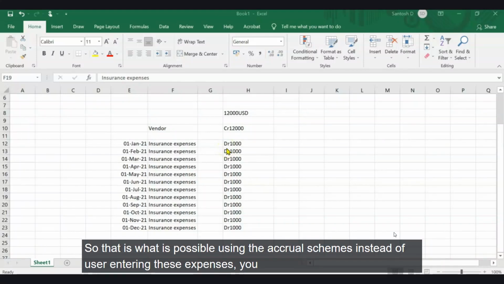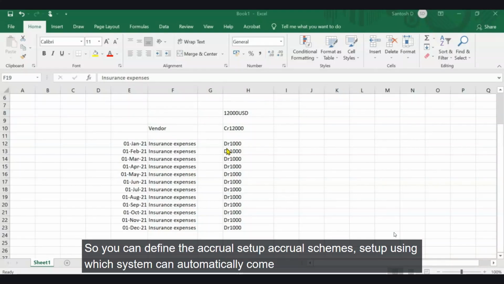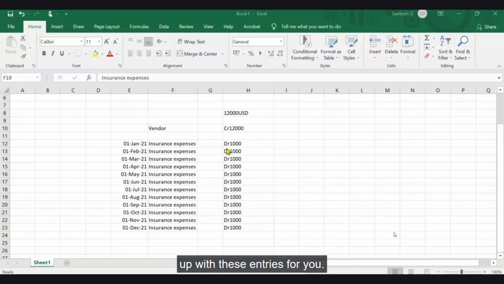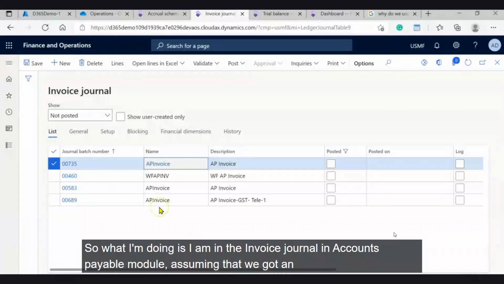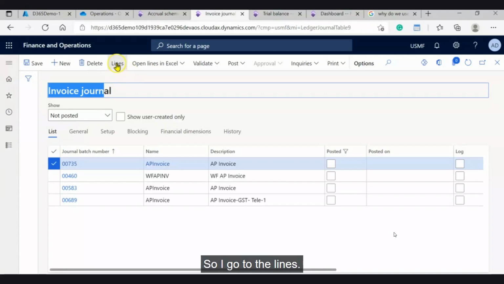Instead of user entering these expenses, one after another across all the months, you can define the accrual schemes setup, using which the system can automatically come up with these entries for you. All right. So let us take a look at this one in the system now to be clear. So what I'm doing is I am in the invoice journal in accounts payable module, assuming that we got some insurance expense that we need to book into the system, right? So I go to the lines,